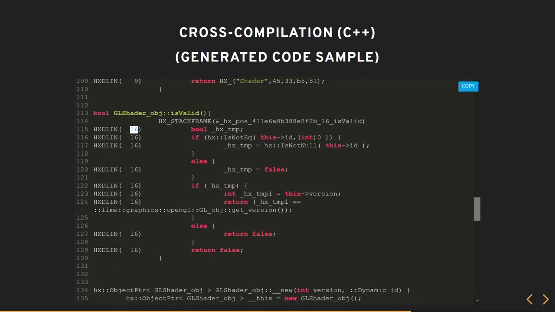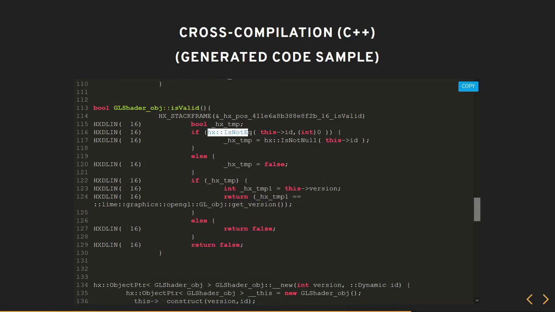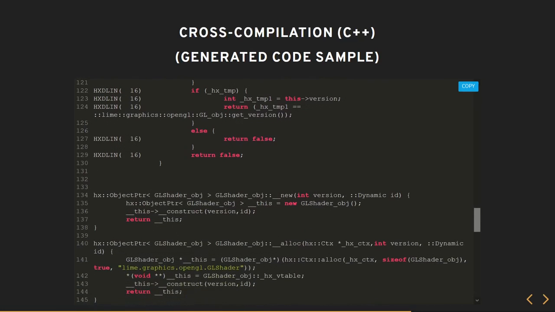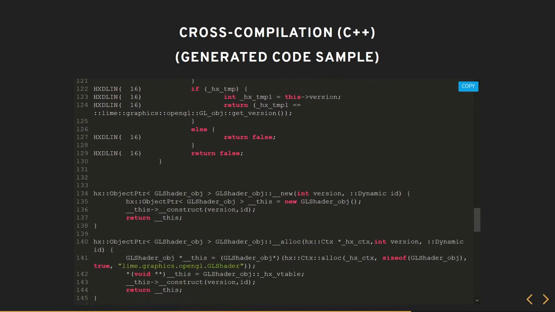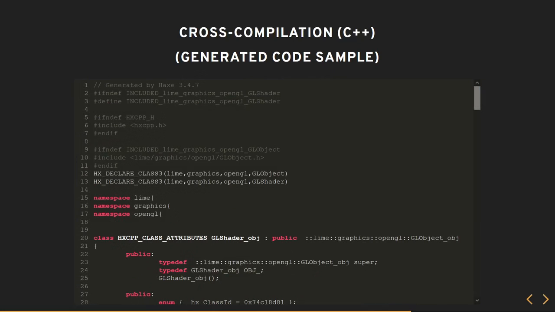But yeah, and even the types, like for example, not equal: in the JavaScript output, we were able to use the equals operator directly. But here it's a bit more complicated, so we can't even use the equals operator directly. We have to wrap it in special stuff. So yeah, that's all I'm gonna say about the C++ code. It's more complicated, but it works.